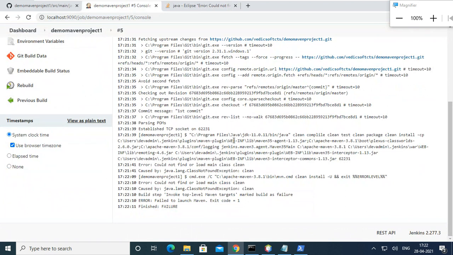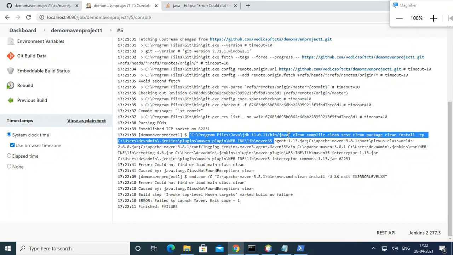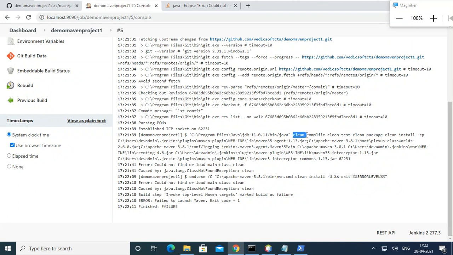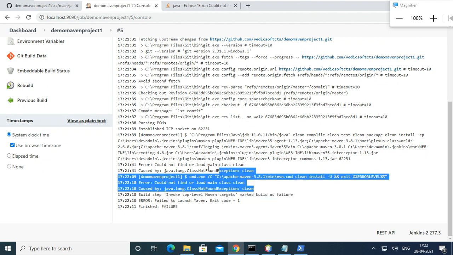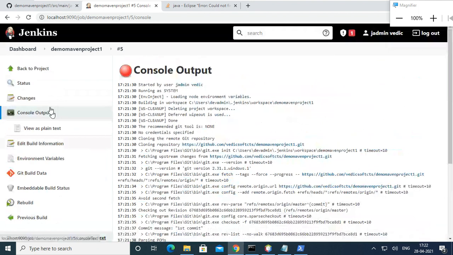But earlier it was working, one part is working, but this invoking commands, Java invoking part, it establishes a socket, then it is running. Why is it showing Java clean, Maven clean, right? Because the first one is not successful, the second one is failing.